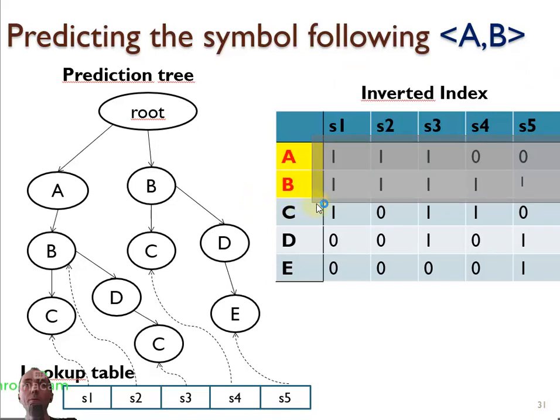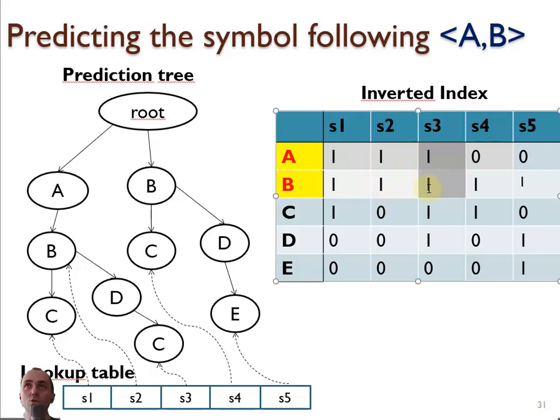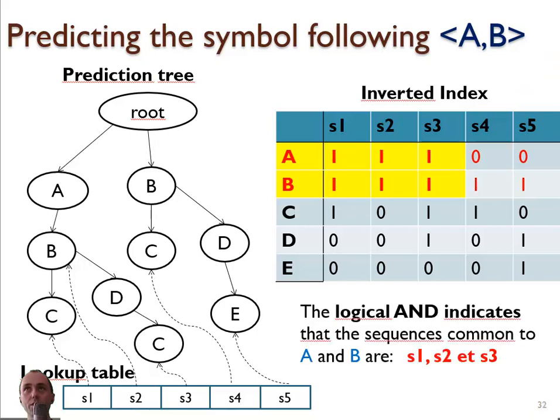So AB appear in sequence 1 because A and B have a 1 in the table. It appears in sequence 2 because A and B have a 1 under sequence 2. It appears also in sequence 3 because A and B have 1. But A and B don't appear in sequence 4 and 5 because some of them have 0 here. Okay, so after we find that AB appear in sequence 1, 2, 3,